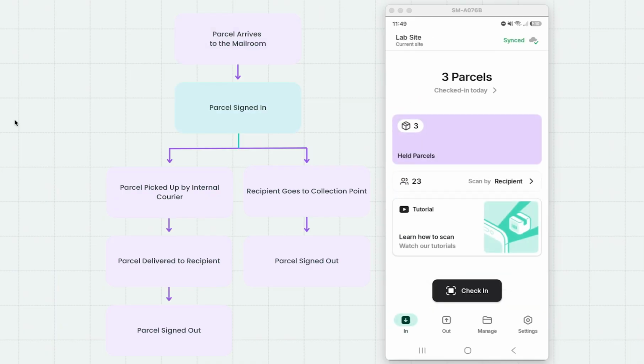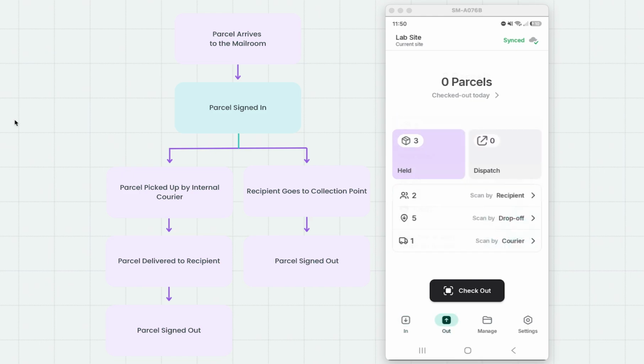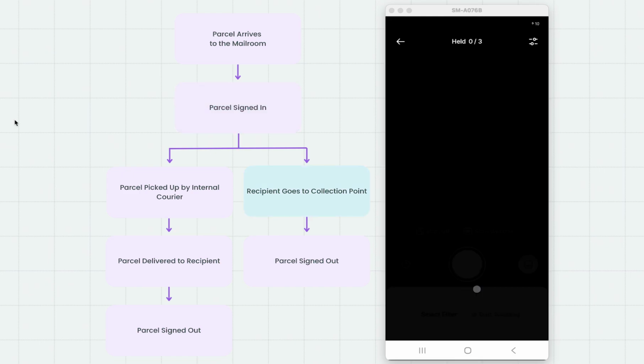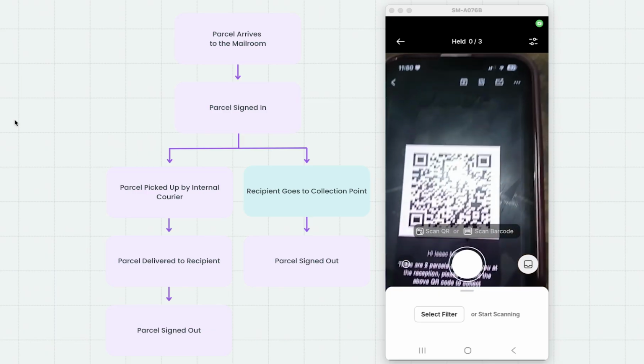Those parcels are now checked in, and the recipient will receive a notification telling them to collect their parcel. This notification will contain a QR code which they need to use upon collection. When the recipient is ready to collect, they'll present their QR code, and then from there we'll go to the Out tab, select Checkout. First, scan the QR code,